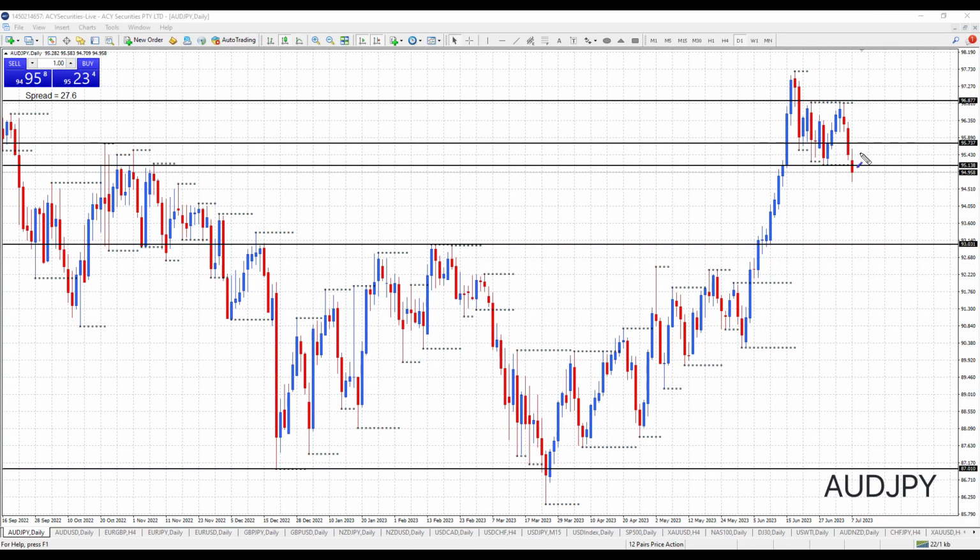Now the Aussie yen, it was positive for the week last week. We had an up week and a down week. So Thursday, Friday broke back below weekly support and day support, 95.73, 95.13. So we may see a rally back next week. So the very key level to watch is